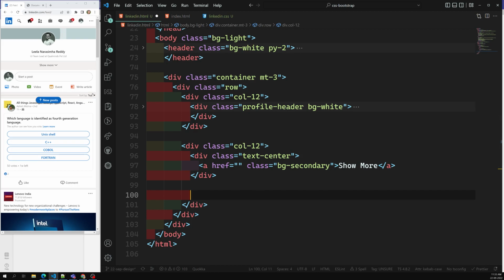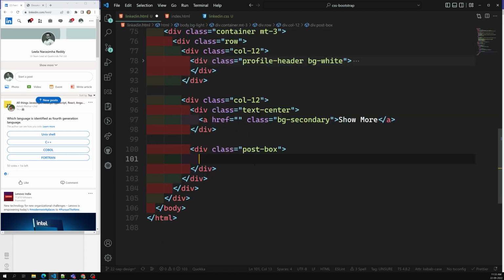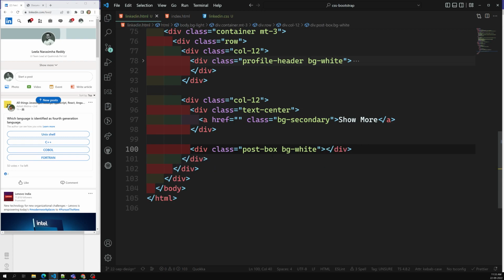So this is the post box. We need to define the post box. Okay, fine. So div class is equal to post-box. I will have this one. So this entire thing is a bg color white. So let's give it as bg-white, and we got the background color white. Now inside this one I want to give